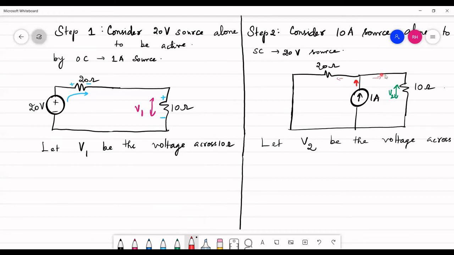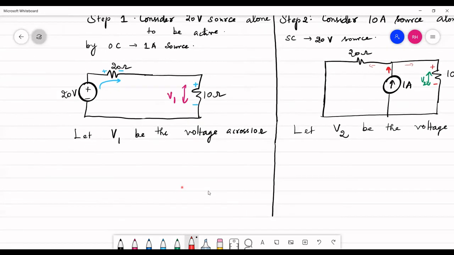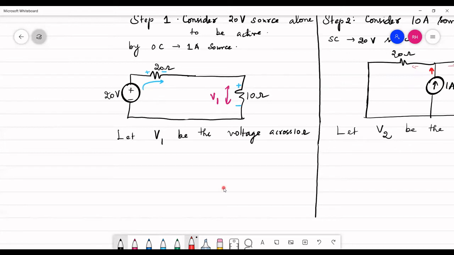Okay, so one portion of current is going to flow through the 10 ohm resistor. This is the point where current enters, so positive. Here the current leaves, so negative. So I have now assigned the polarity based on the actual flow of current. Now, let me apply voltage division rule and current division rule.